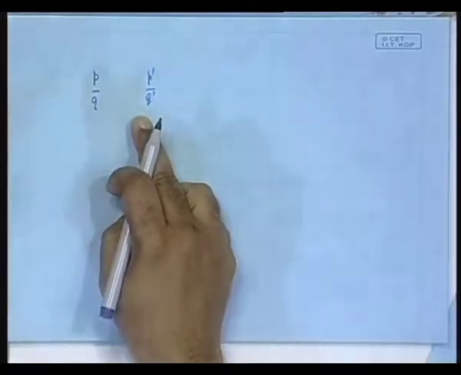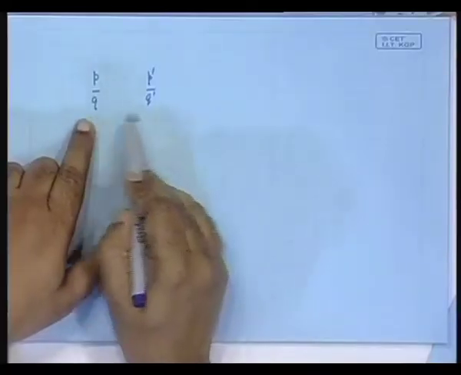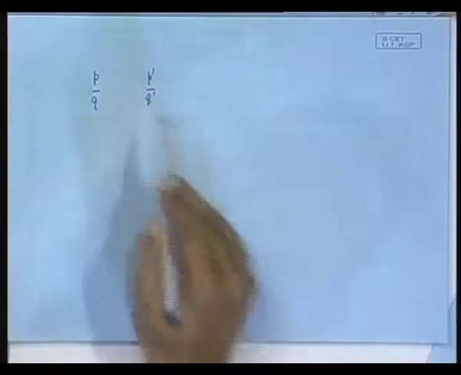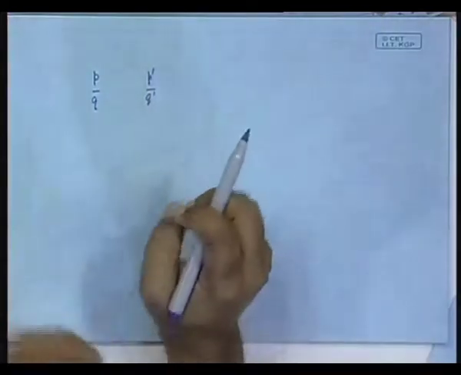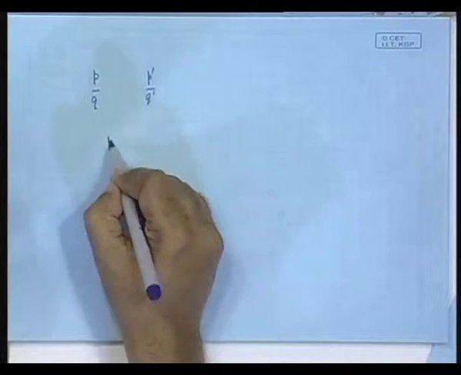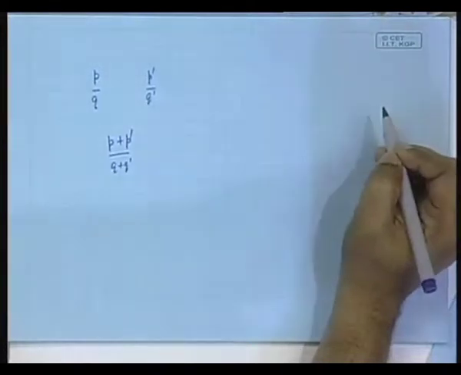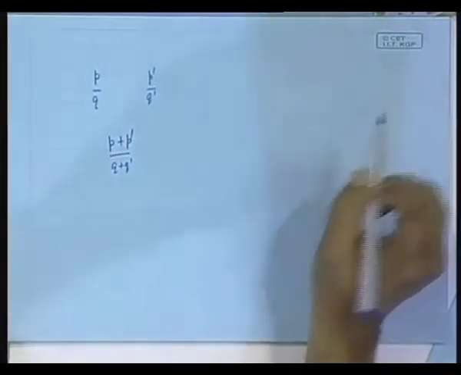That means, we are not talking about 4 by 6. If it is 4 by 6, we will talk about 2 by 3. So, suppose there are two rational ratios, then there is a theorem that says that the rational ratio that occurs between them with the smallest denominator is